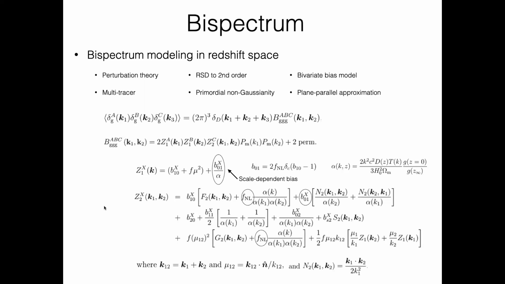So please by no means feel like you have to digest these equations. This is just to show that there are various FNL corrections to terms that are being induced, and in particular, there is a scale-dependent bias on the large scales that will show up. I should also define probably what the bispectrum is: the 3-point correlation function in Fourier space, just like the power spectrum is a 2-point. Yeah, so this is our tree-level linear modeling, and eventually we might extend the modeling.